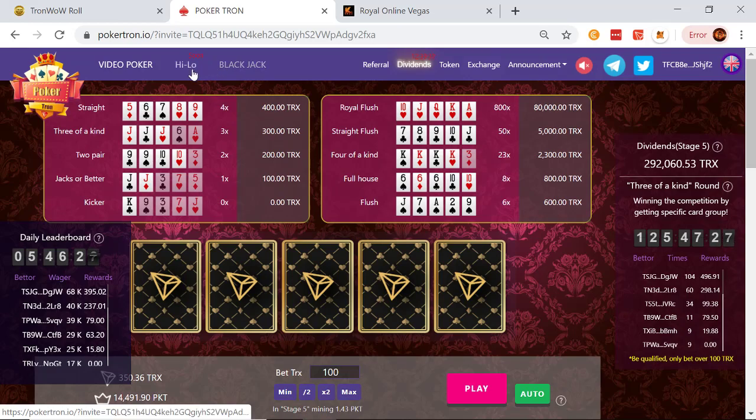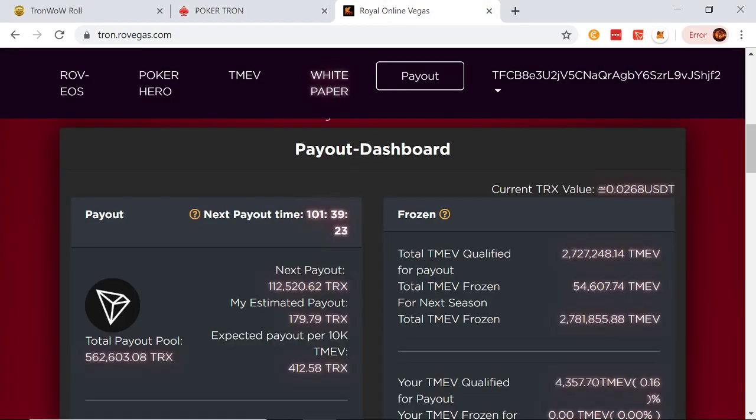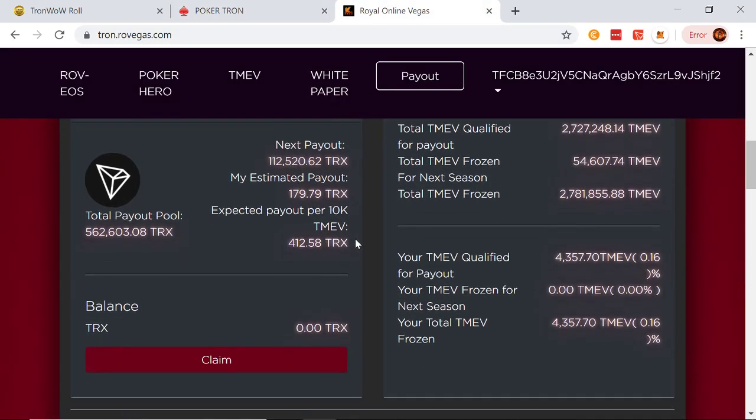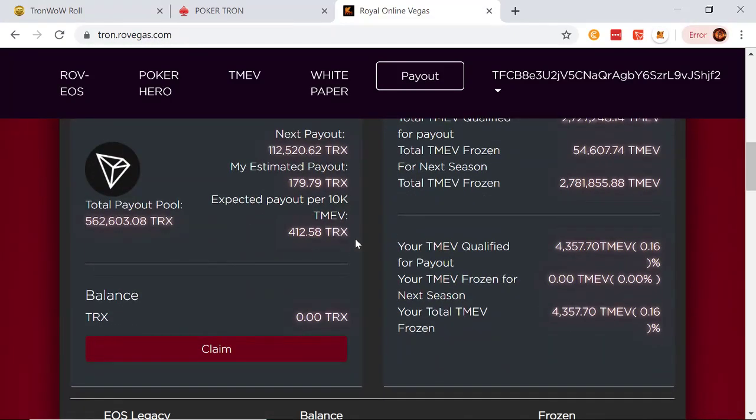That I can get an instant ROI, meaning the very first payout gives me my ROI, plus I get more PKT tokens. I mean, that's what I'm hoping for at the end of the day. And then Royal Vegas, basically, I love this one. I don't talk about it enough, but I love it, and I'm getting diluted on this one.